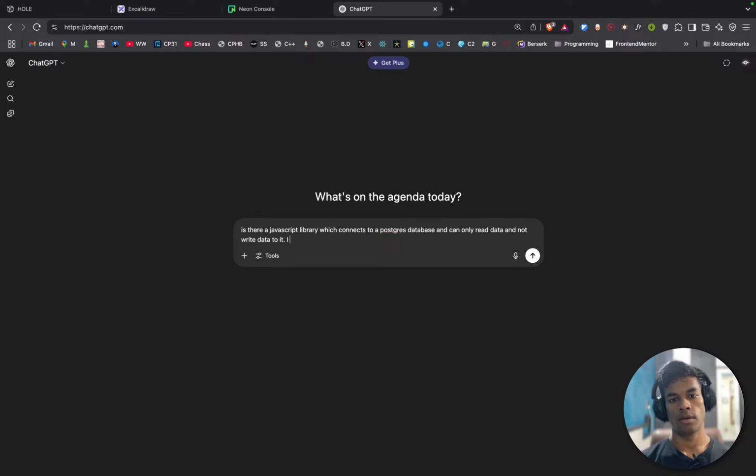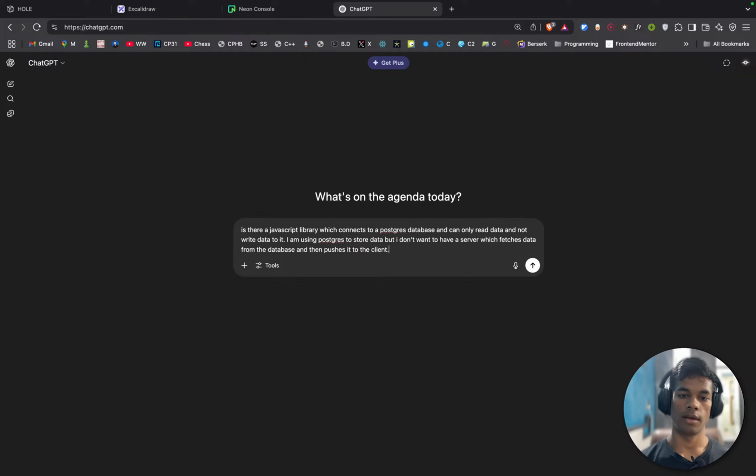I am using Postgres to store data, but I don't want to have a server which fetches data from the database and then pushes it to the client.